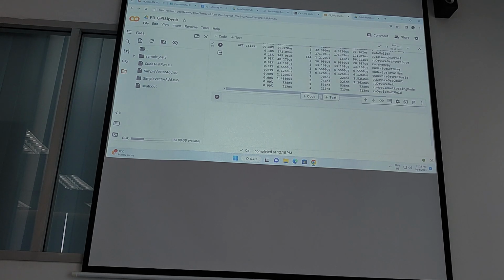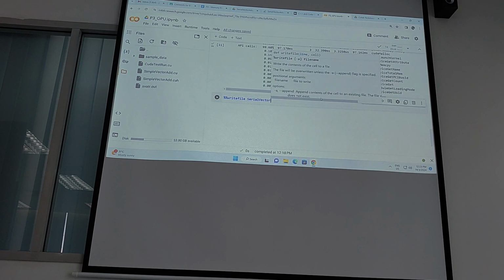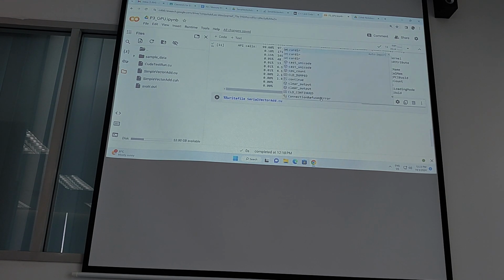Try and slip in. Okay, zero vector F. This one actually is not CUDA because we're going to run